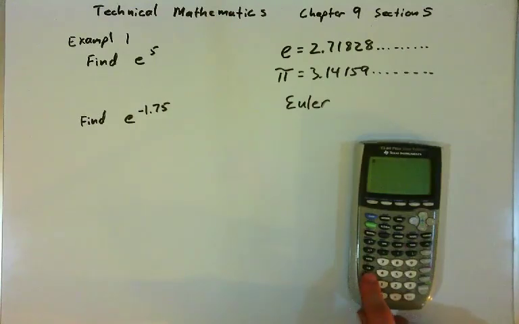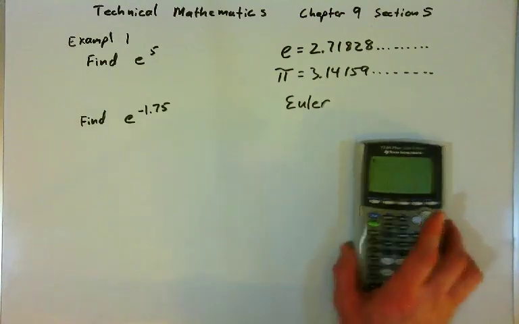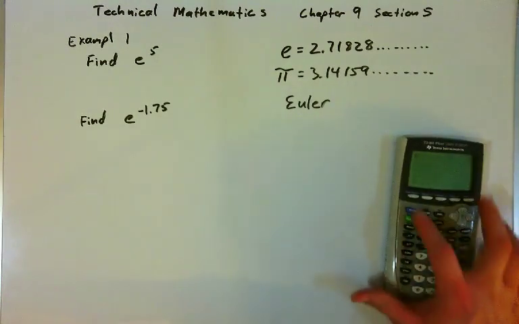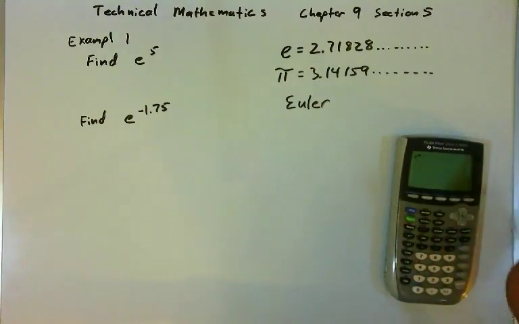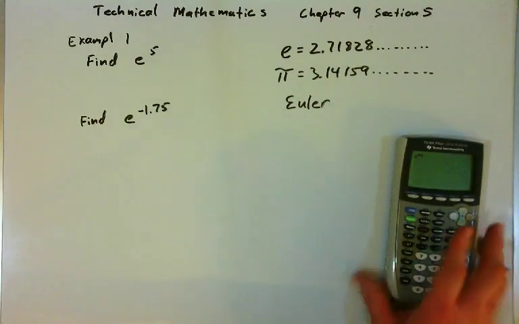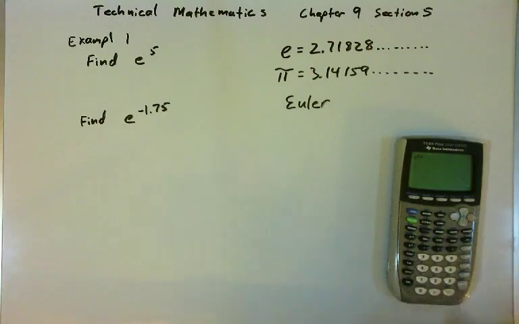And so on my calculator, I have an LN button, which stands for natural logarithm, which we'll cover in just a few moments. And if I press my second button and then press my LN button, I get an e to the x. And so to find e to the 5th, I'll press second LN button, which gives me e to some power, and I'll type in 5. So I'm taking e to the 5th power. I press equals, and I get